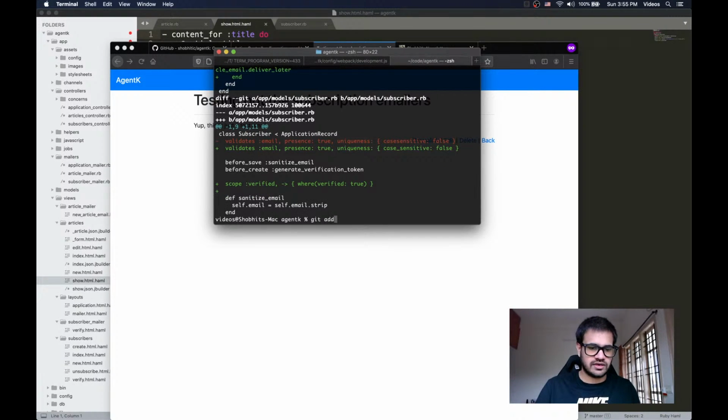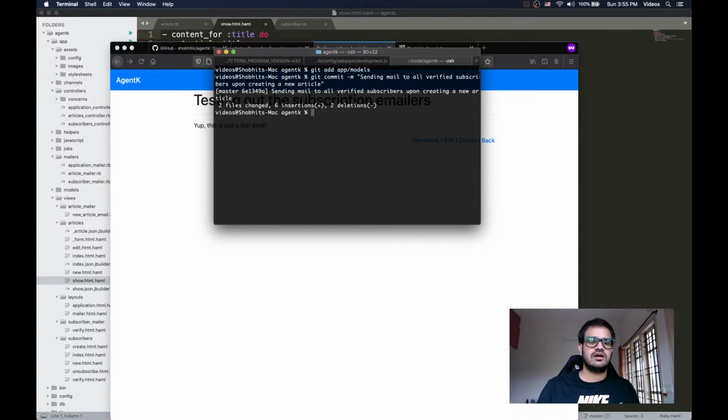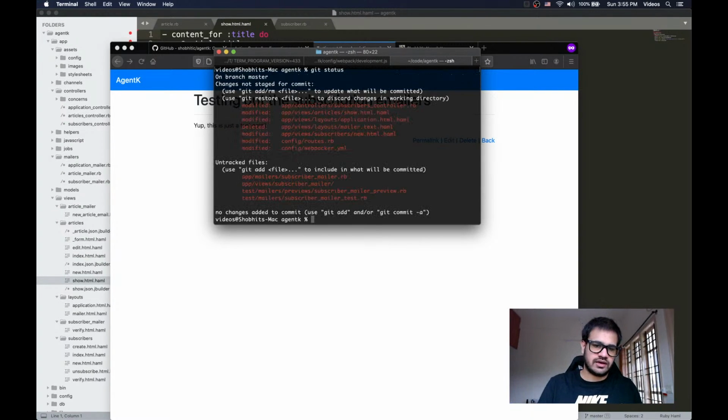So git add app models and git commit -m sending mail to all verified subscribers upon creating a new article. Now obviously this is not the ideal way. Ideal way would be for you to press a publish button, but whatever. And git status now, and all I see is some things which are